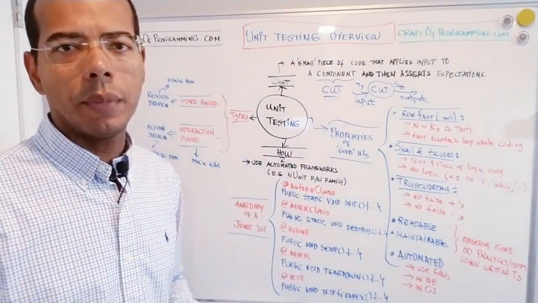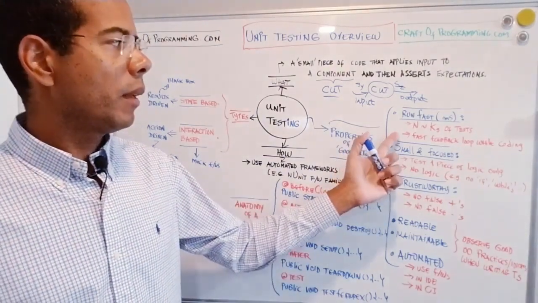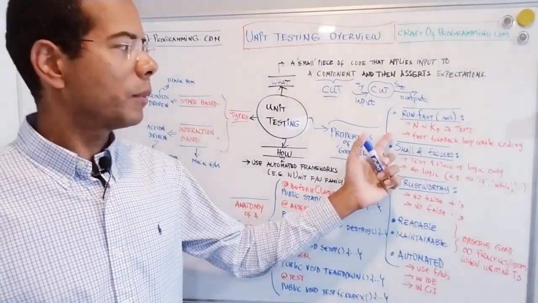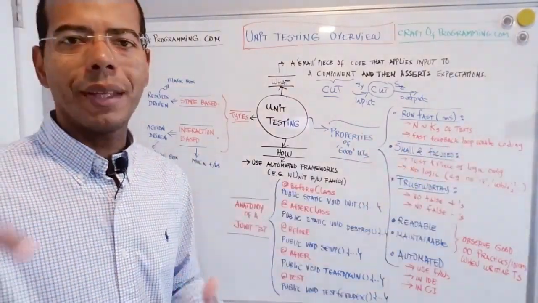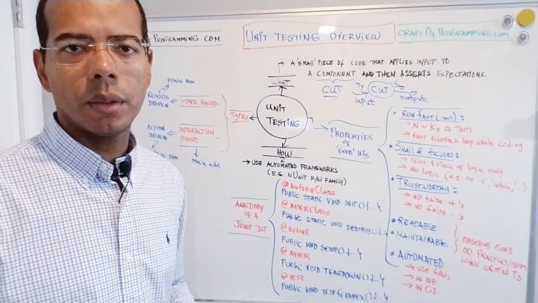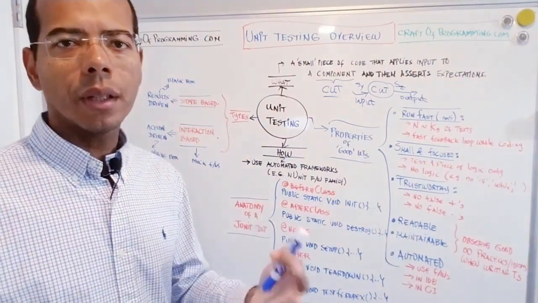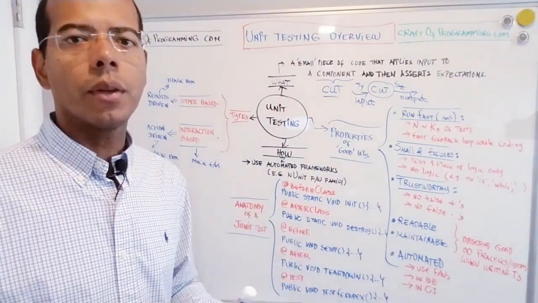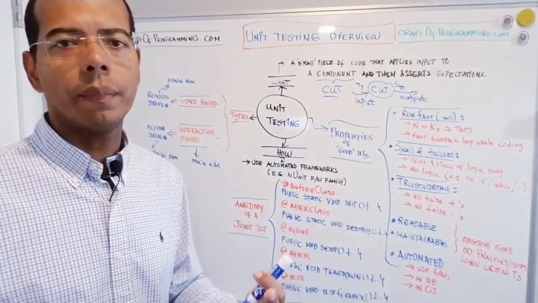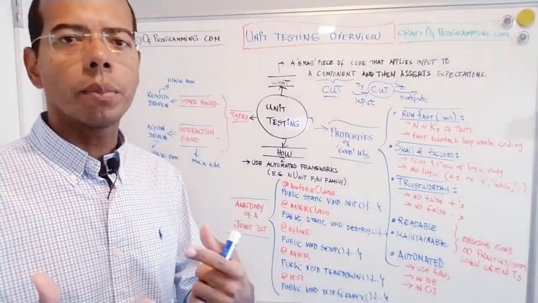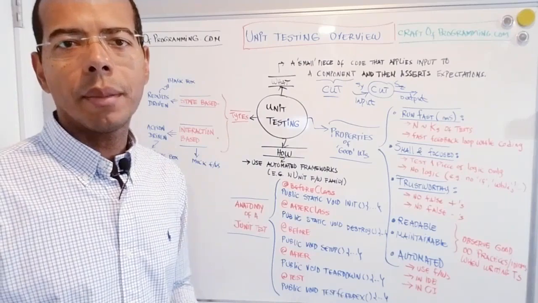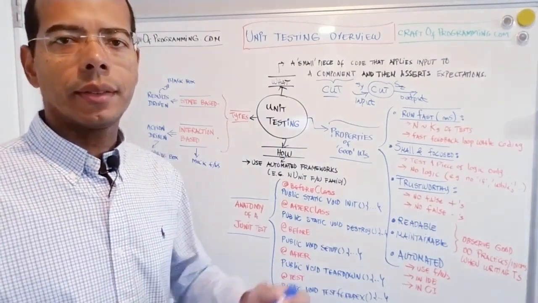tests runs fast. Another reason why unit tests need to run fast is because you want to have quick feedback loops while you are implementing code. If your tests run slow, then you're not going to be compelled to use them while you are coding. You want to have quick feedback loops where you implement something and then you run your tests,